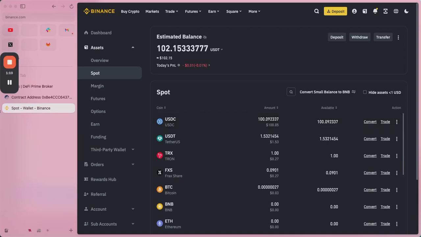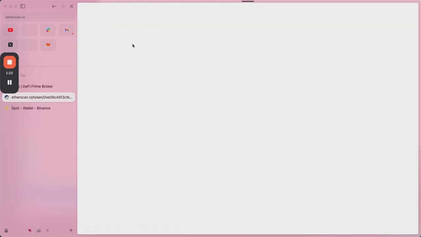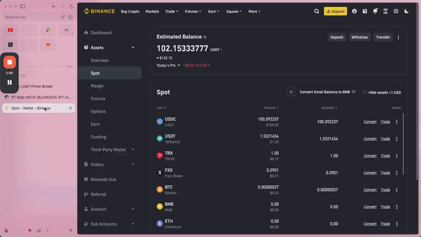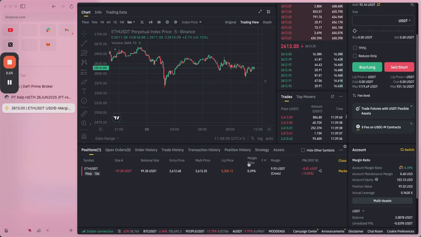Now let's take a look at what happens if we open a short position in Ethereum by making our trade delta neutral. Because in this case, if we take a look at the token holdings, we can see that we have rsETH available on our account, which is essentially Ethereum, and ideally we'd like to take a short position to make our trade completely delta neutral. Now, as you can see, we have a short position in Ethereum on our margin account, on our Binance sub